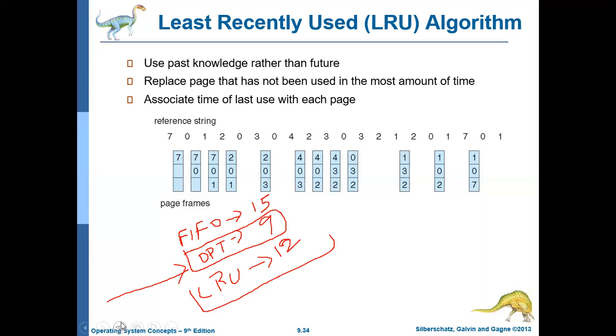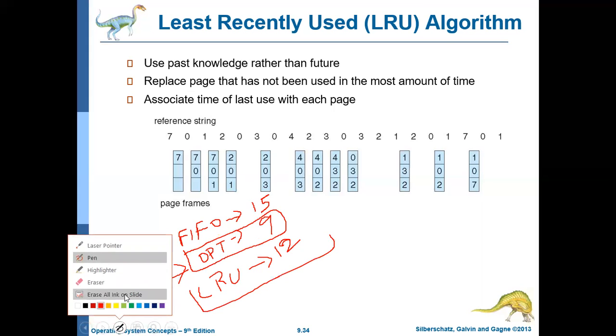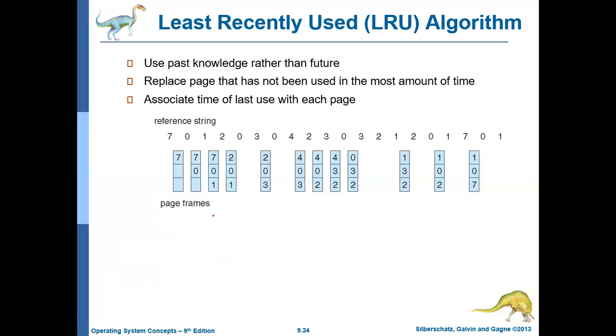Okay. So that's it about the various page replacement algorithms. You have to take different strings and work them out. You will be getting this kind of questions in exams, like given a reference string and the number of free frames, you will be asked to identify how many page faults will be created for a given algorithm, whether it is FIFO or optimal or LRU.